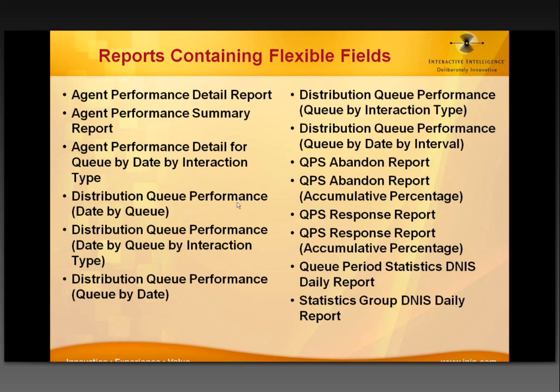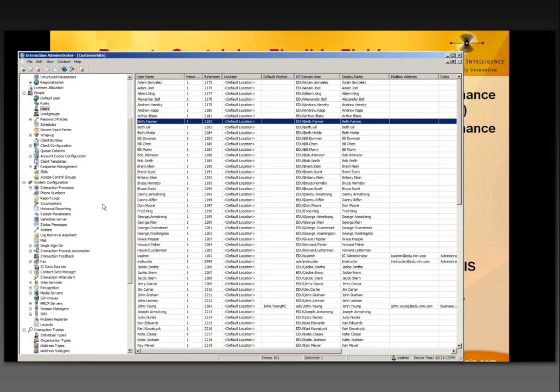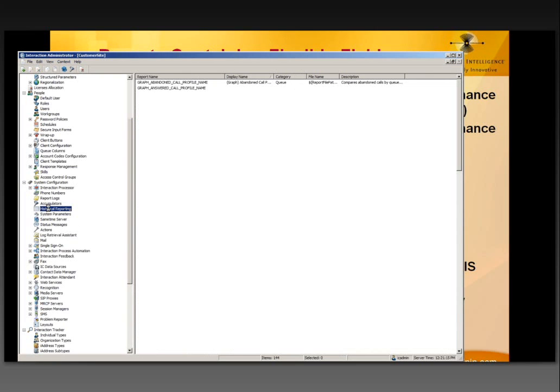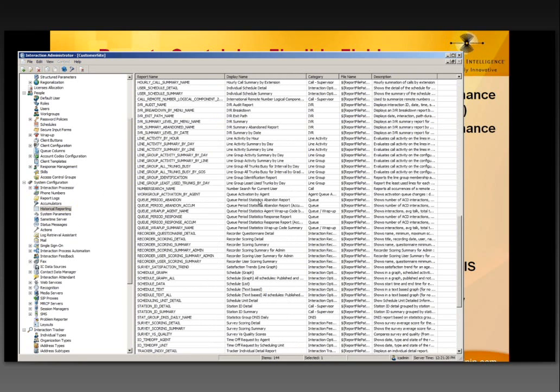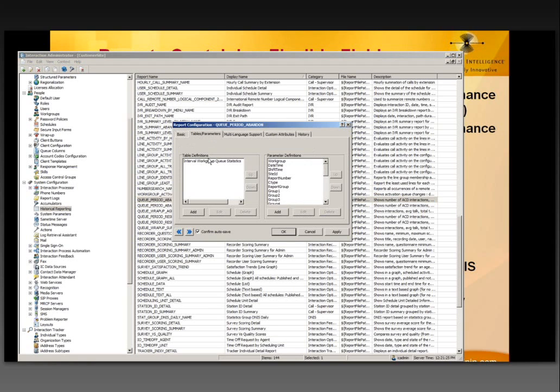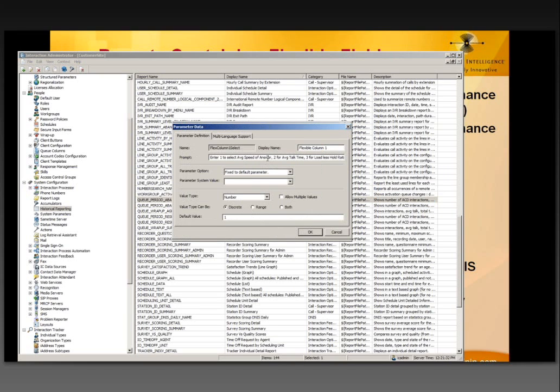So let's take a look at another one just for fun. I'm going to look at the QPS abandoned report. All right. Here we go. Q period statistics abandoned report. I can open it up, go to tables and parameters, and I'm going to see there's a whole bunch of parameter definitions and, of course, a flexible column. And different reports are going to have different flexible values that are displayed, so it's not all the same for all the reports. It's worth opening them up and taking a look at it,